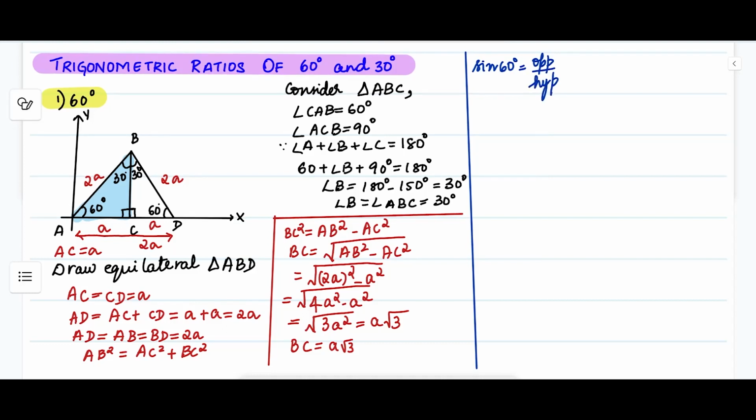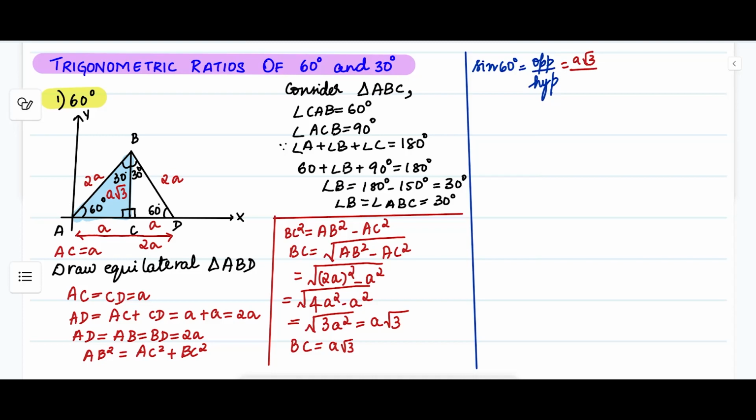Opposite side will usually be the perpendicular side of the triangle. From now on, we can concentrate on our triangle which we drew at the beginning. That is our triangle ABC. The opposite side of the triangle will be the perpendicular side of the triangle. That is our side BC. This side is considered as the opposite side of the triangle because this side is opposite to our angle theta, that is 60 degrees. So we have our opposite side which has a value A root 3 units,